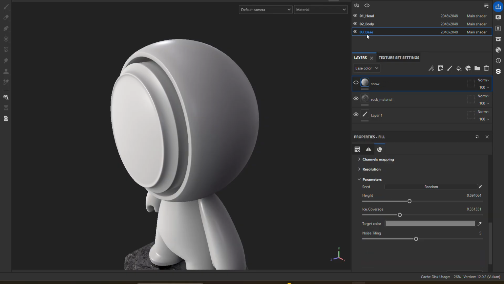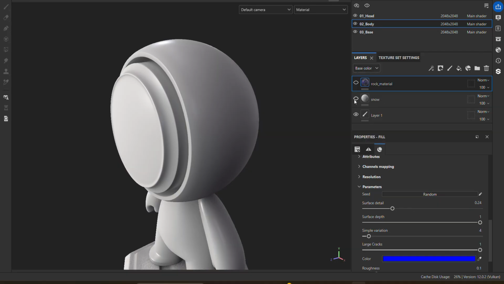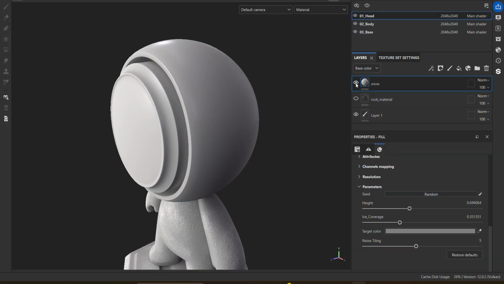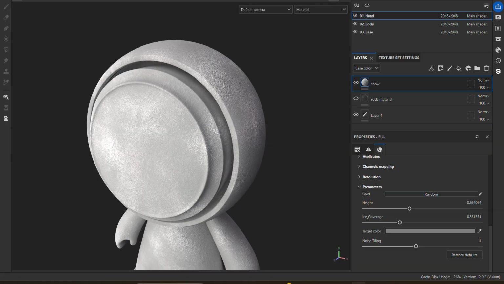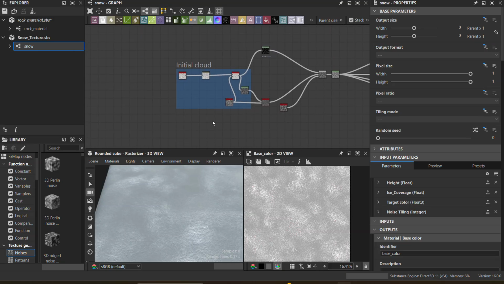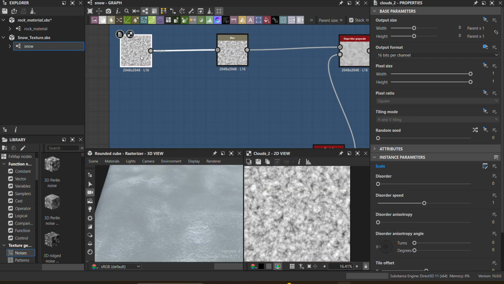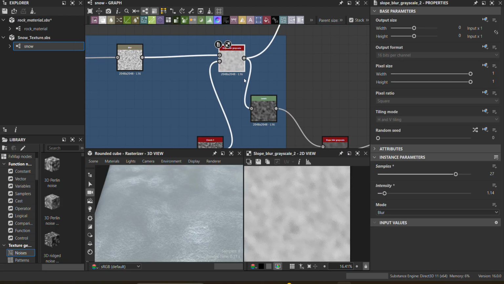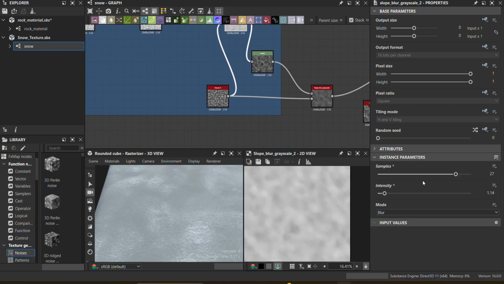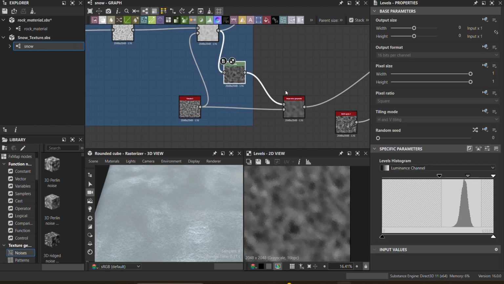And now turn on the snow material. The material's a little bit simpler. We got some clouds, went through a blur, the slope blur grayscale, mess with the sampling a little bit, turn the intensity down, run it through levels. That's what gives us